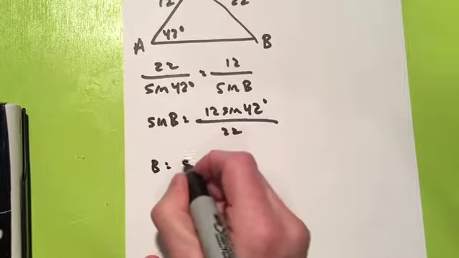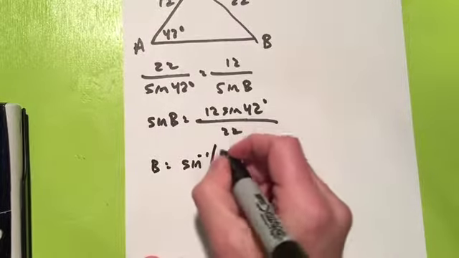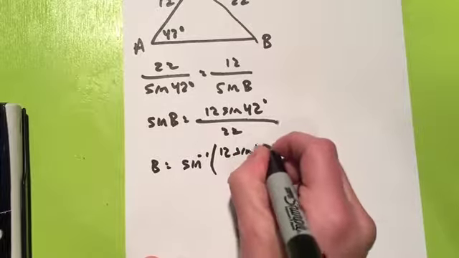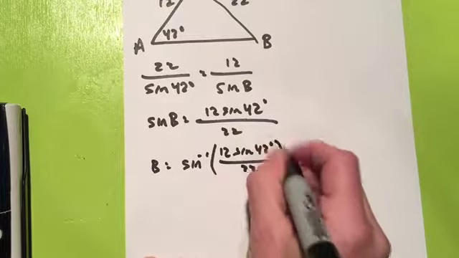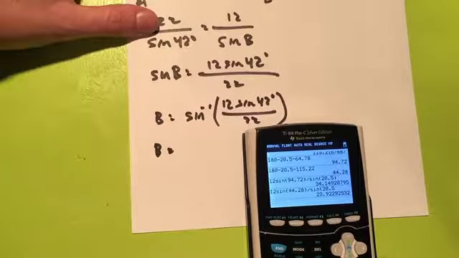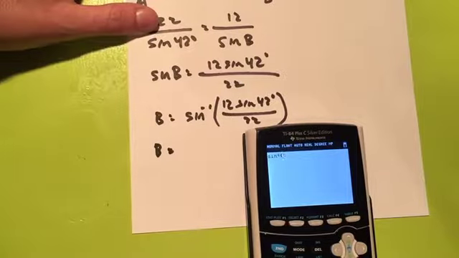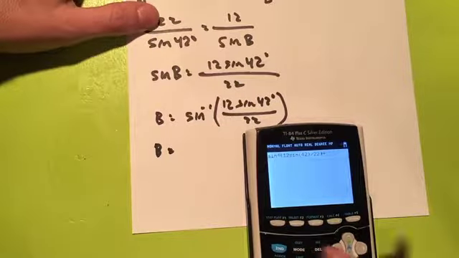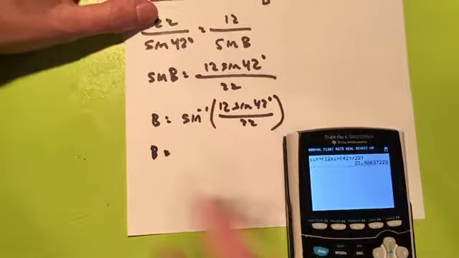B is going to be arcsine of that. So B, we've got 12 sine 42 divided by 22